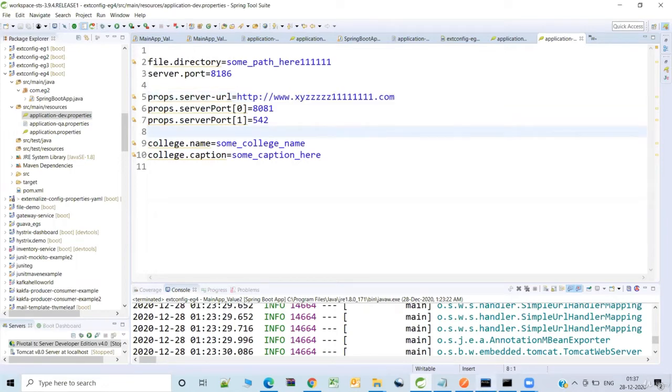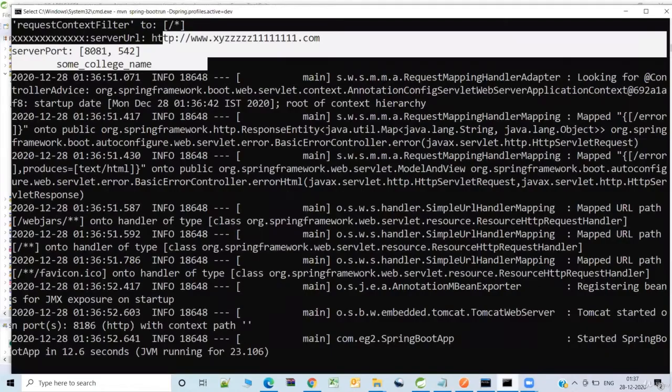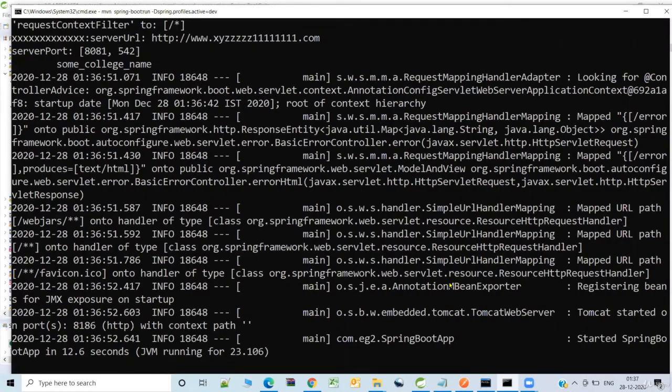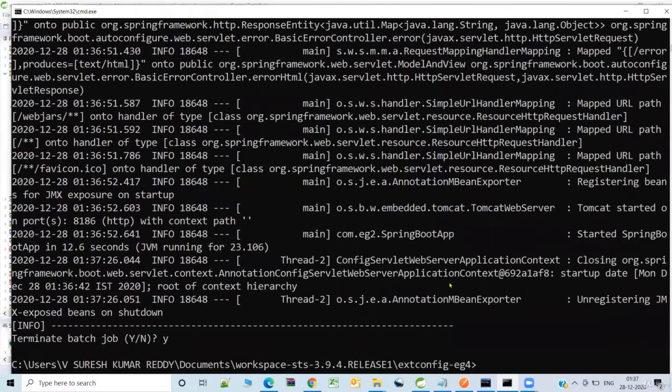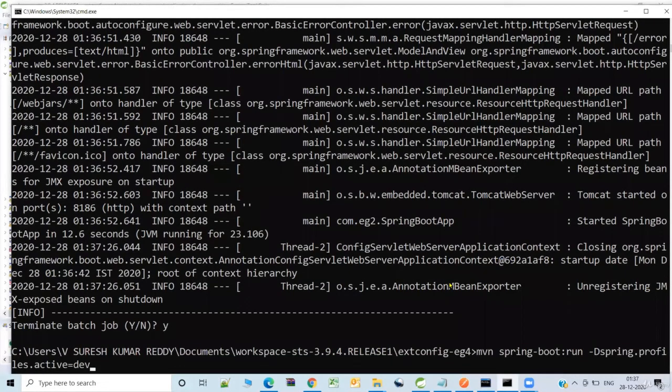Now let us just try to run it without any profile related information. So I'm just shutting it down. If you ask me, can't we directly run it from the IDE? Yes, you can do it, but you need to go to the configurations, and there you need a custom configuration where you specify the command line argument. Definitely it's possible.